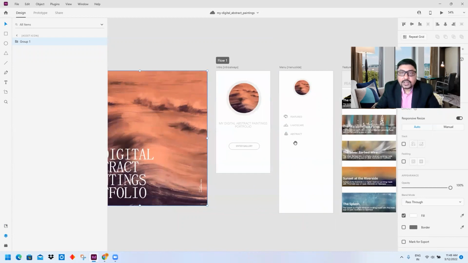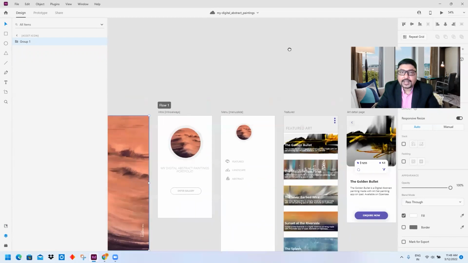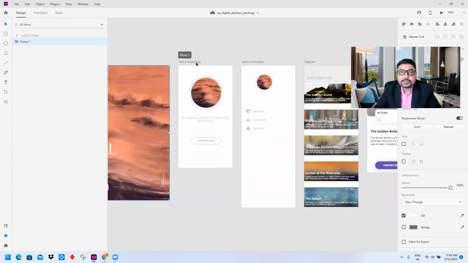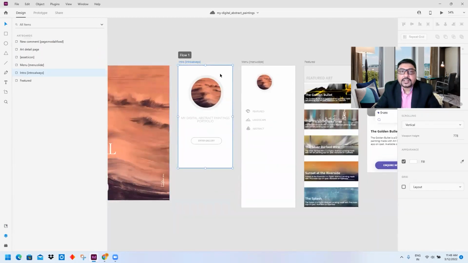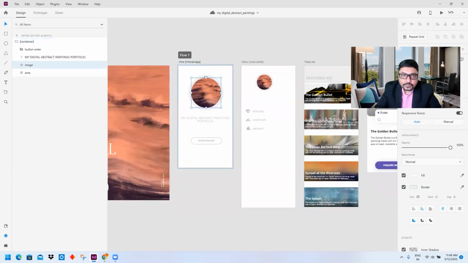Now let us see all the different artboards that I had created. Let's go step by step. The first one is an intro artboard. Okay, what I have done, I have created a circular icon base with the same image so that it relates that from this icon, this particular image has come. It is simple. It is a fill with a border, a 20 pixel border over here.